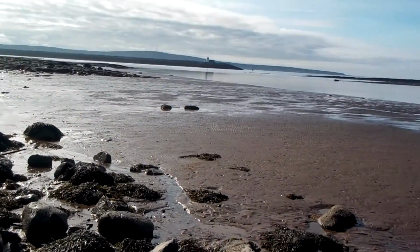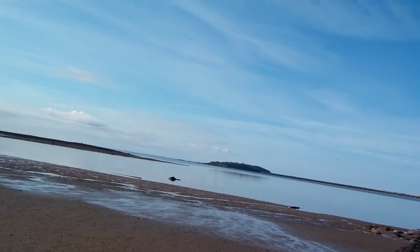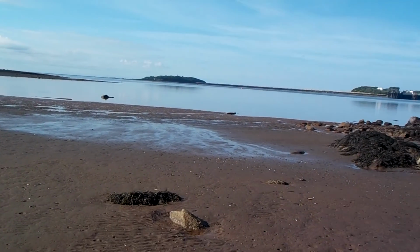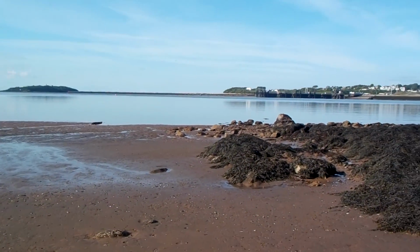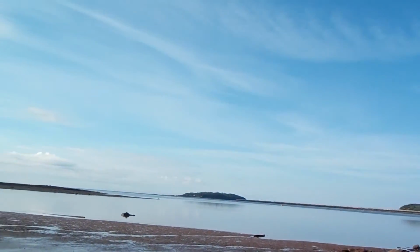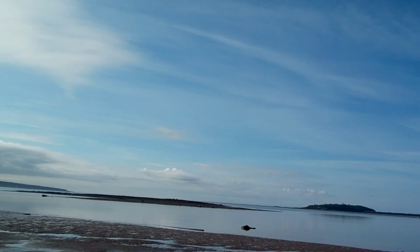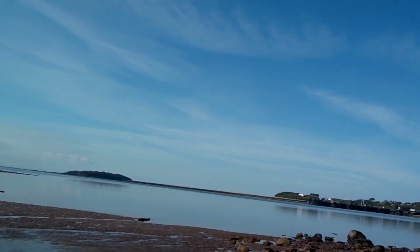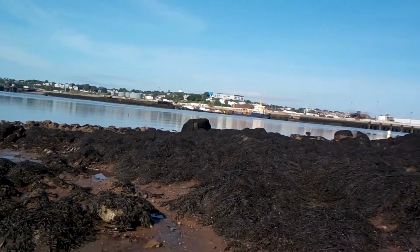Well, this is peak low tide. I believe it's 0.3 of a meter. And when that happens, there's all kinds of mud flat. Everything is well exposed. And it's a good time to search for antique bottles,